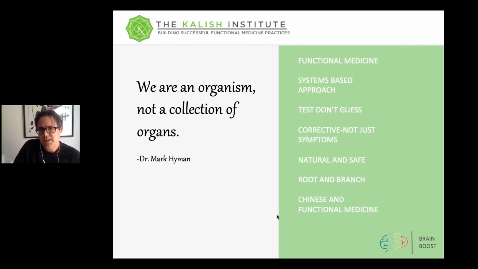So for some of you, you may be new to functional medicine. You may be new to systems-based medicines like Chinese medicine or Ayurvedic medicine. The way that we differentiate these is that functional medicine is really a root cause medicine. In Chinese medicine, we have this principle called root and branch. That basically means that we always want to find the root of the problem, the underlying driving factor that's causing a physiological imbalance. And then the branches are like all the little symptoms that can show up.